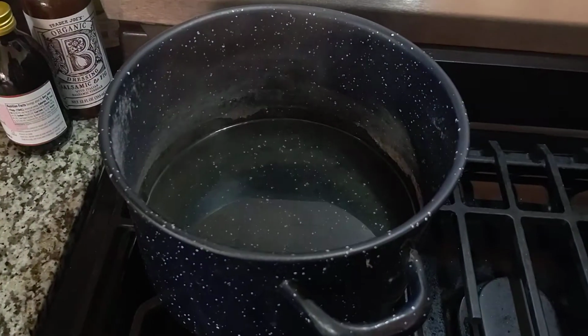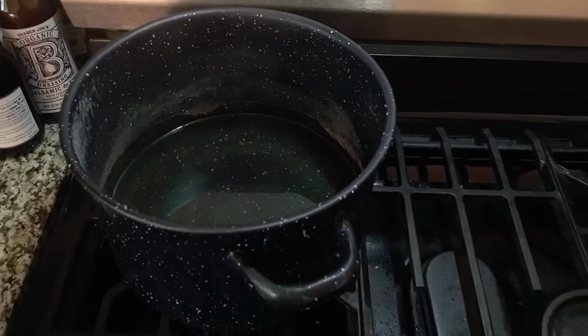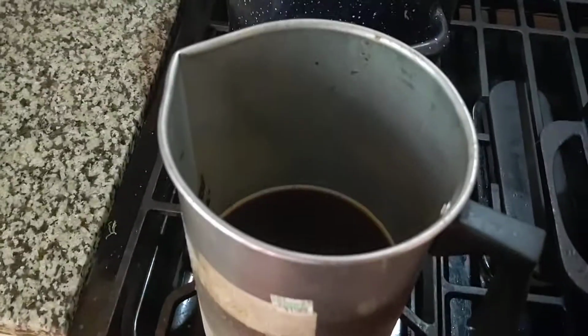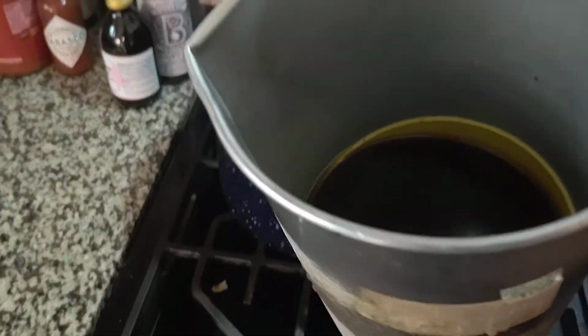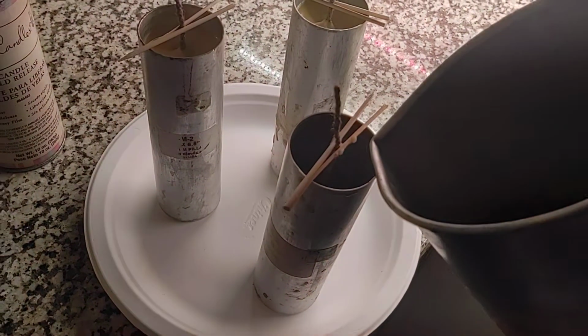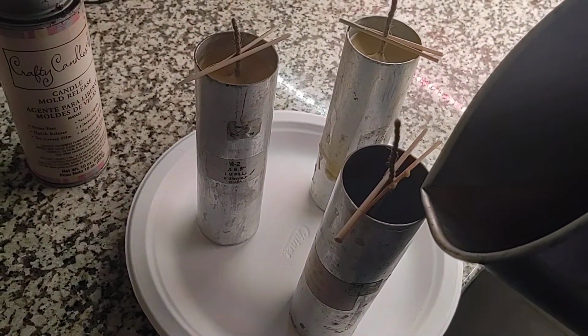So here, I have my boiler. Just a little potting, canning pot. And then this melted wax goes in there. This is old beeswax I collect over the years from doing my beekeeping. So, usually I pour it kind of slow. I've been letting the wax cool